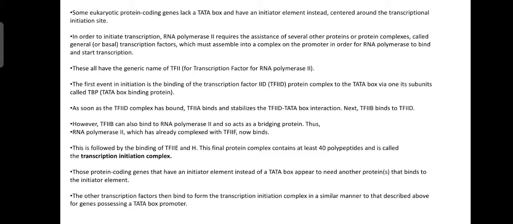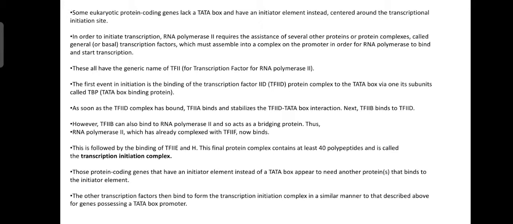Okay, this RNA polymerase 2 enzyme needs the assistance of several proteins and protein complexes called transcription factors. Once these transcription factors are assembled into a complex on the promoter site, then this RNA polymerase will bind and start